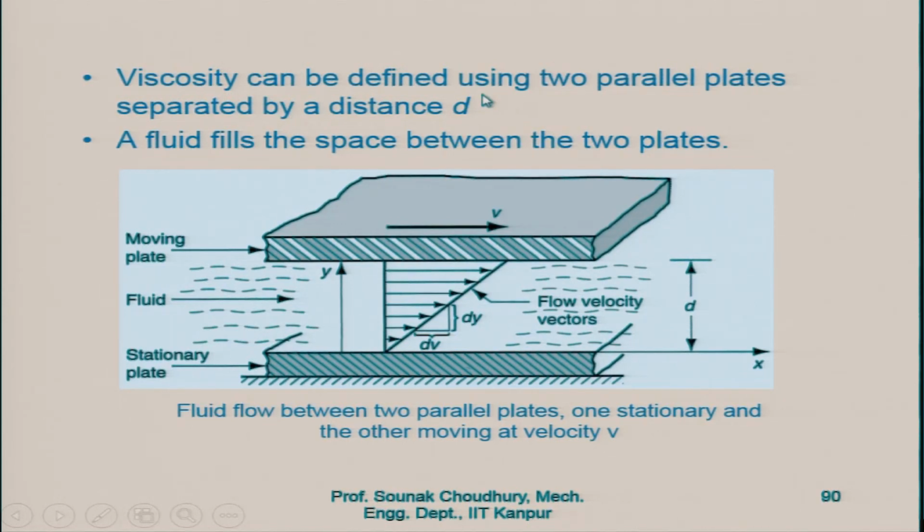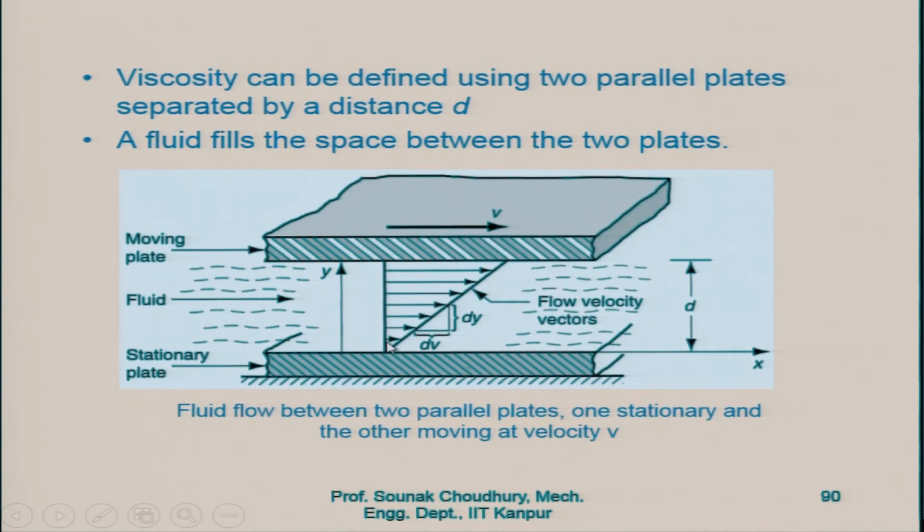Viscosity can be defined using two parallel plates separated by a distance d. Let us say there are two plates, and this is the distance between them. Here we have a fluid which is flowing in between. This is the stationary plate and this is moving with respect to this stationary plate. A fluid fills the space between the two plates, as I was telling, and this will be the flow